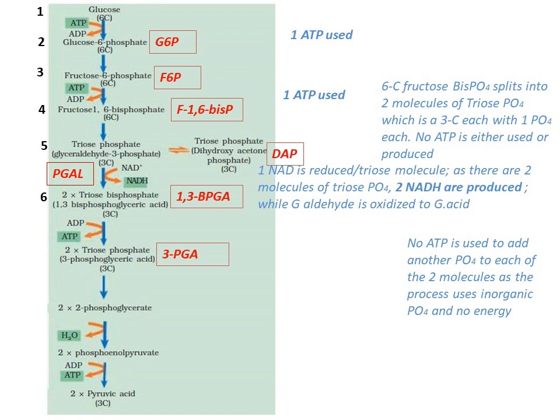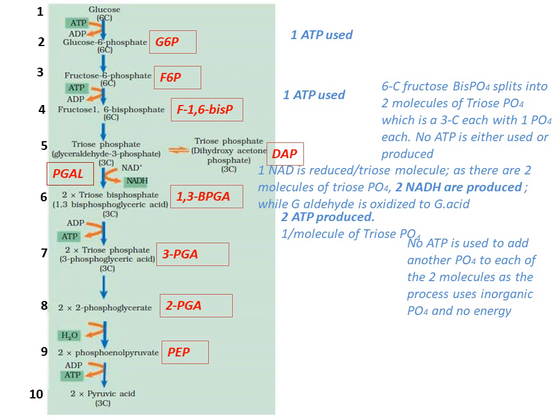This 1,3-BPGA loses 1 phosphate and some energy which is trapped by ADP to convert into ATP. So 2 ATP are produced at this step, 1 ATP per molecule of 3-carbon sugar. 3-PGA isomerizes to 2-PGA, that is, the phosphate shifts from the third carbon to the second carbon, requiring no energy. Two molecules of 2-PGA lose 1 molecule of water each to convert into phosphoenol pyruvate. Phosphoenol pyruvate gives away its phosphate and energy to produce 1 ATP each. So 2 ATPs are produced, that is 1 ATP per molecule of triose phosphate, and 2 molecules of pyruvic acid are